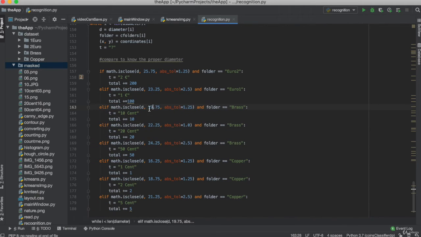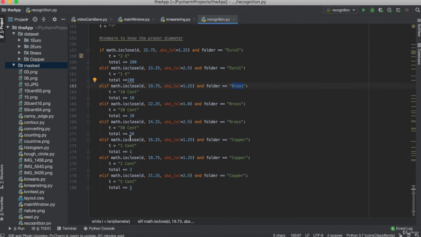We just use the function isclose to get the proper diameter, and we get them from each folder, and here you have 2 euro, 1 euro, 10 cents, and something like that, and we add the amount as I told you, that I add 1 instead of 0.01, and the t stands for text as I told you,